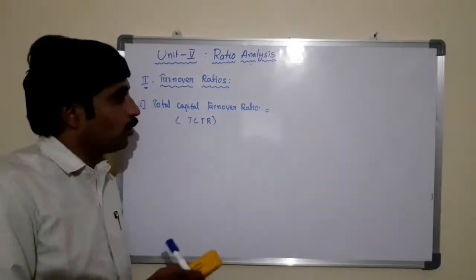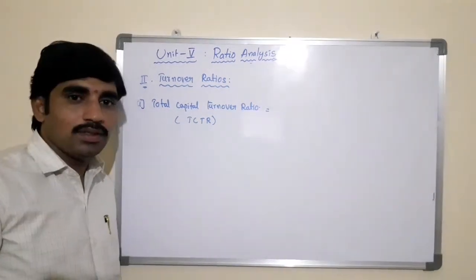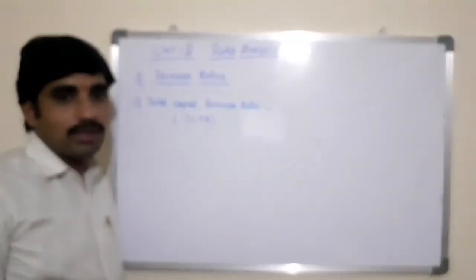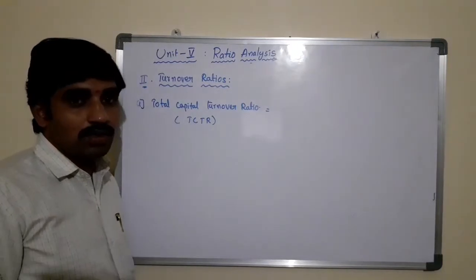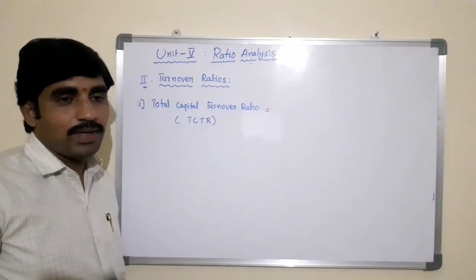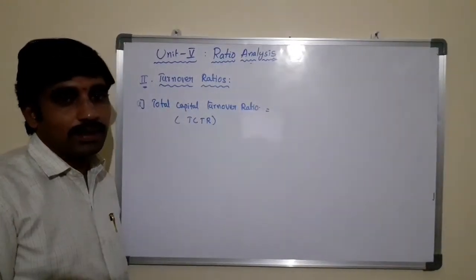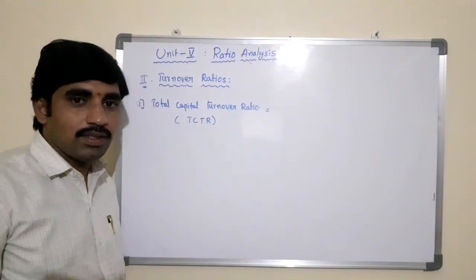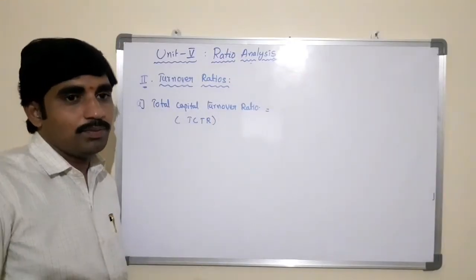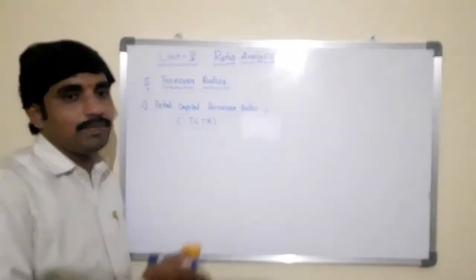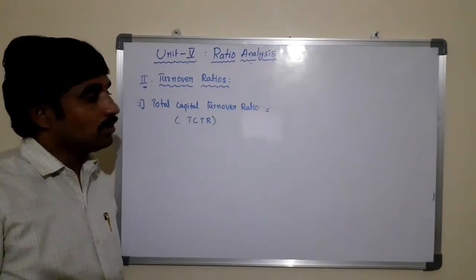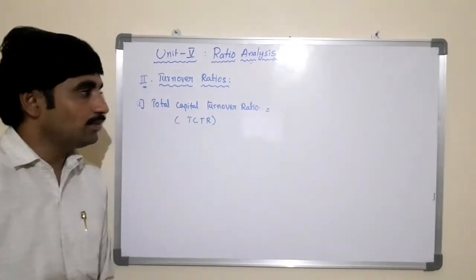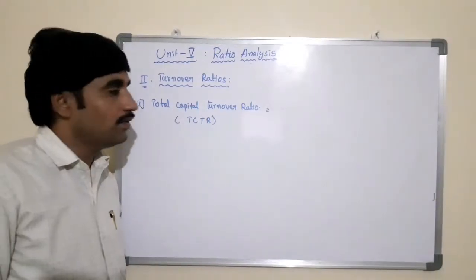If you are employing the capital that is available in the business effectively, automatically the performance of the business will also increase. So indirectly we can say that this ratio is also used to test the managerial efficiency. If the managers are effectively utilizing the capital in the business, the performance of the business will increase. It means that the efficiency of the managers is good, so there is better efficiency in the management. So this ratio is also used to estimate the efficiency of the business.